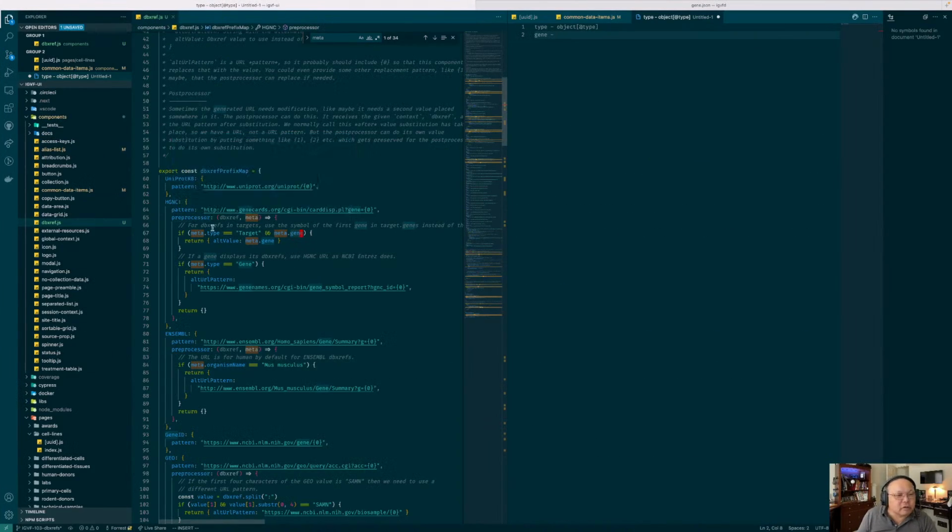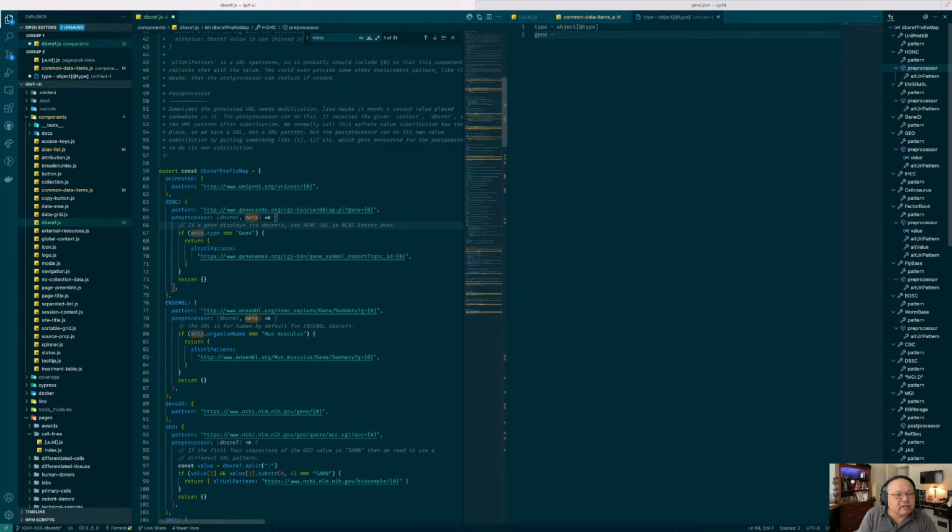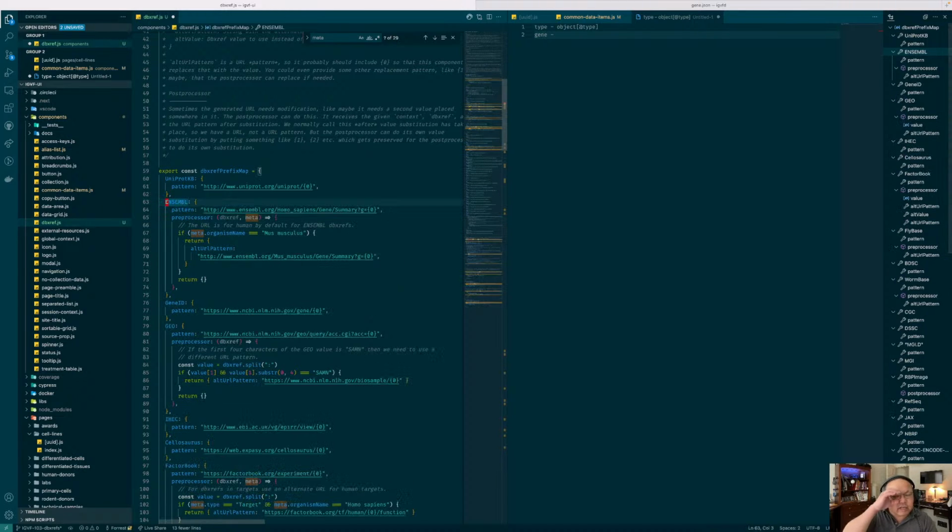Whoa, a bird just flew by really fast. Yeah. So this case we don't need. Yeah. So what I think I'll do is just remove this one, and if we need it later, we can always copy that back